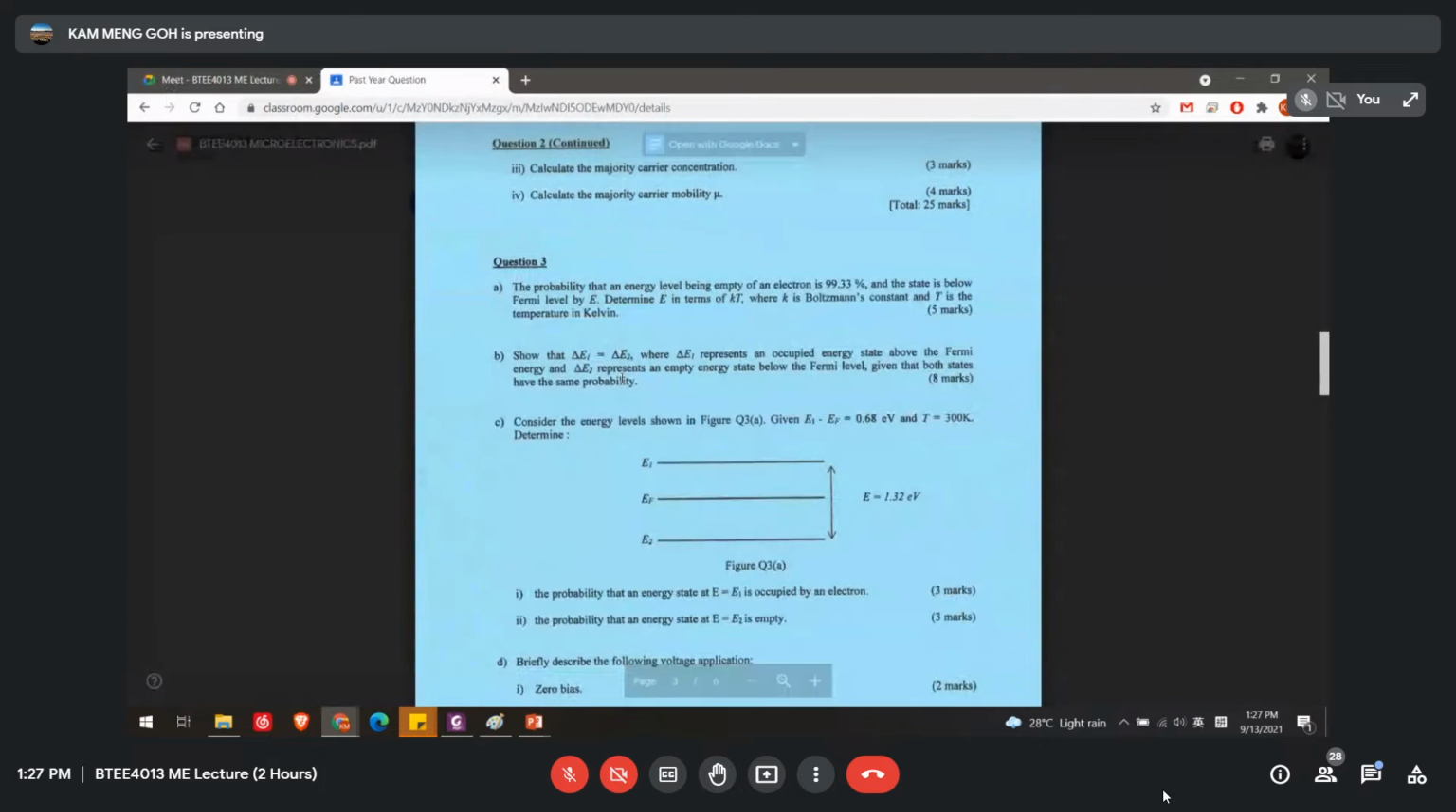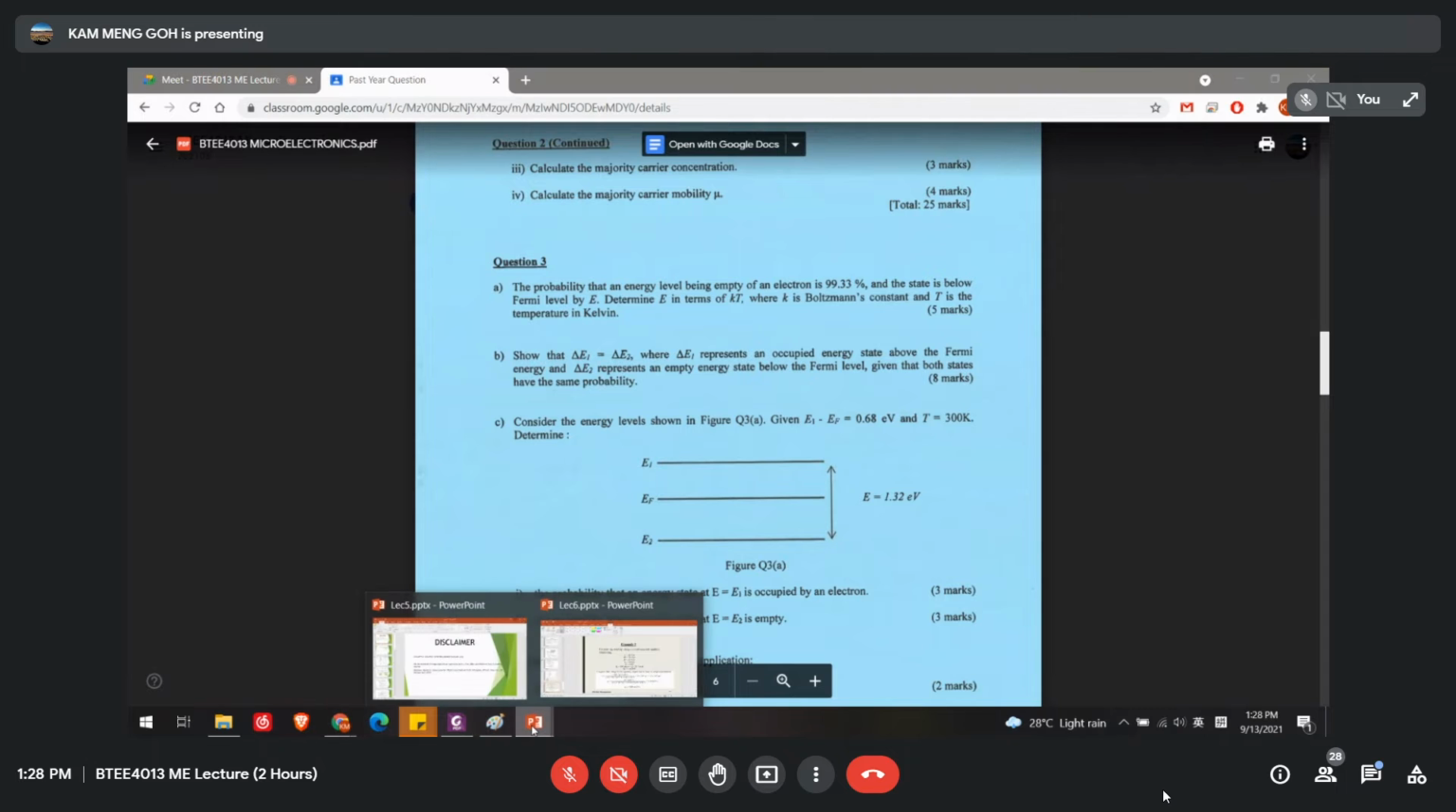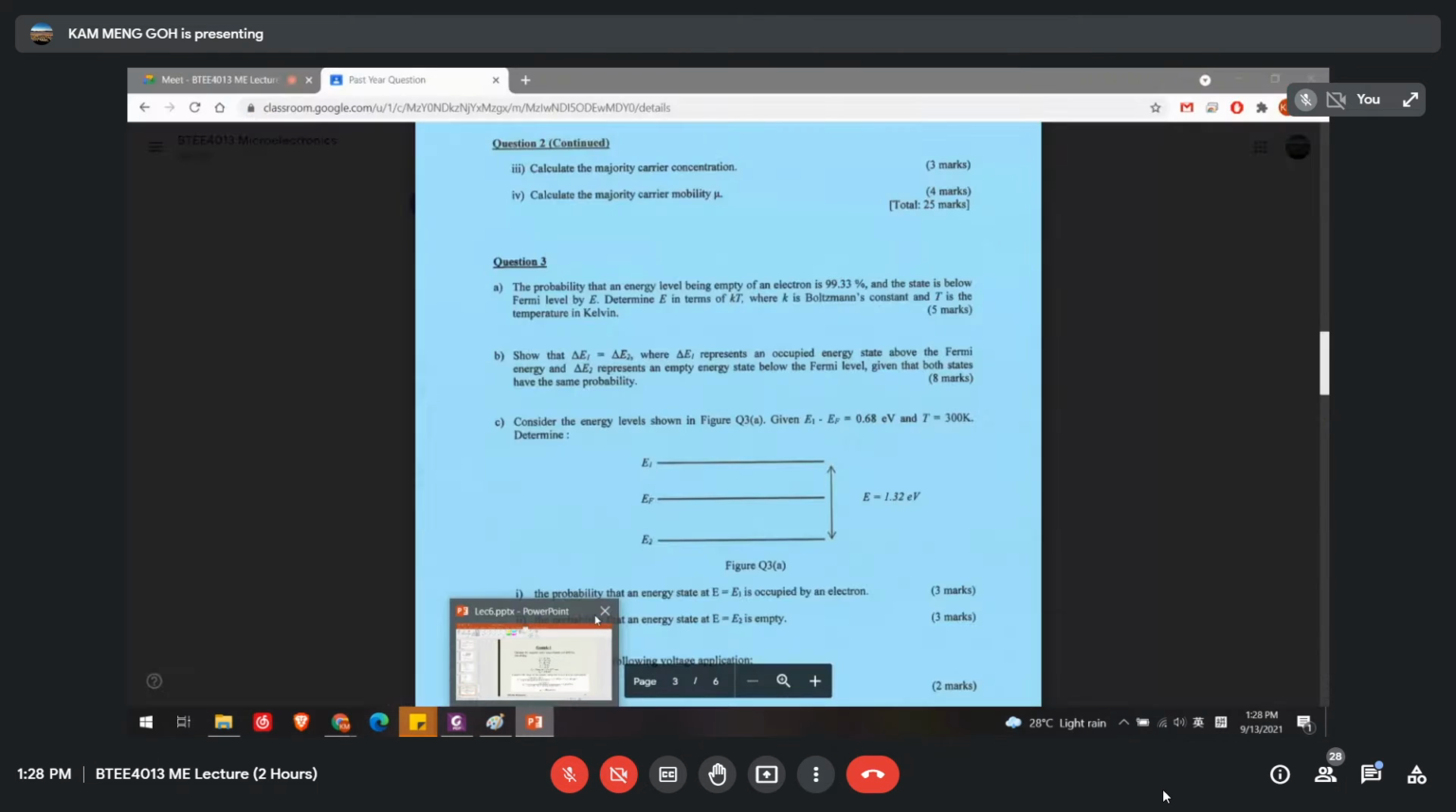The probability of an energy level being empty of an electron is 99.33%, and the state is below the Fermi level by E. Determine the E in terms of kT, where k is the Boltzmann constant and T is the temperature in Kelvin. Okay, in order for us to do this,